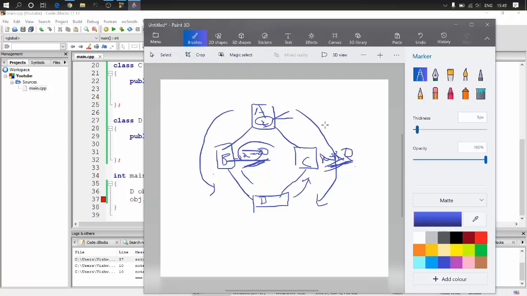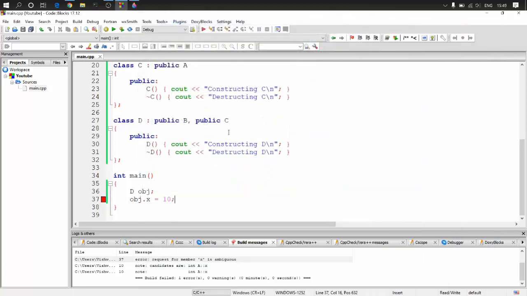And well, if you don't create X at all, then there is no ambiguity, right? But again, why are you inheriting? You are inheriting something because you want those properties inside the child, right? If the parent doesn't have anything useful for the child to inherit, there's no point in inheritance at all, right? So this problem has to be solved. And how do you solve that? You solve that using something called virtual inheritance.